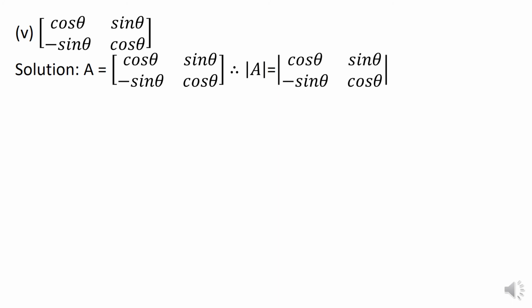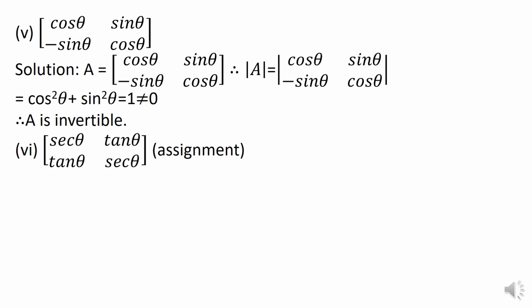Now in this sum, some trigonometric functions are given as the elements of a matrix. So as you can see, the rows contain cos theta, sin theta and minus sin theta, cos theta. As usual, convert the matrix into a determinant. On solving the determinant, you get cos square theta plus sin square theta. Now you know that cos square theta plus sin square theta is equal to 1. It's an identity. And thus the matrix is invertible. You can solve the next sum in a similar manner.